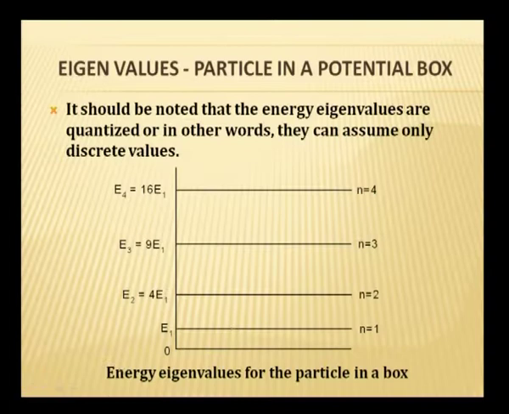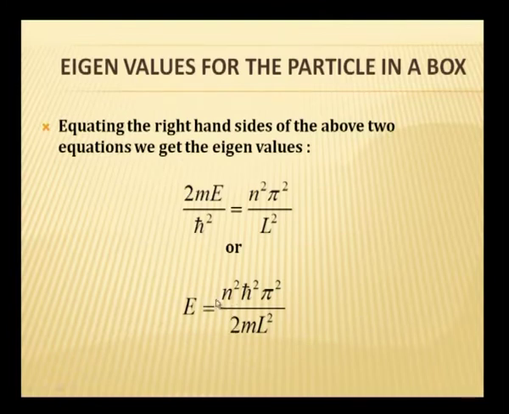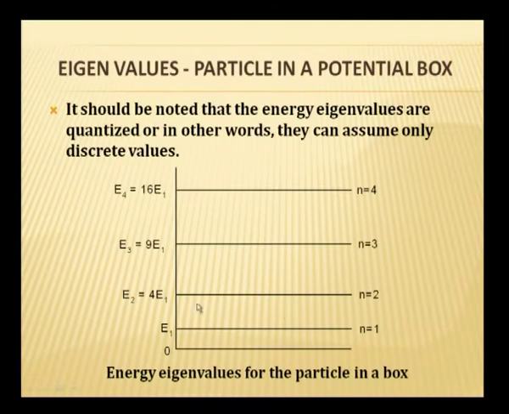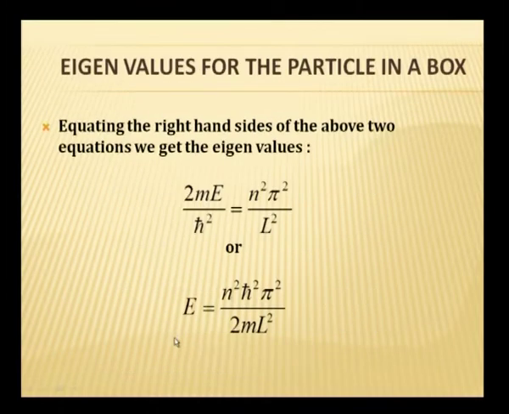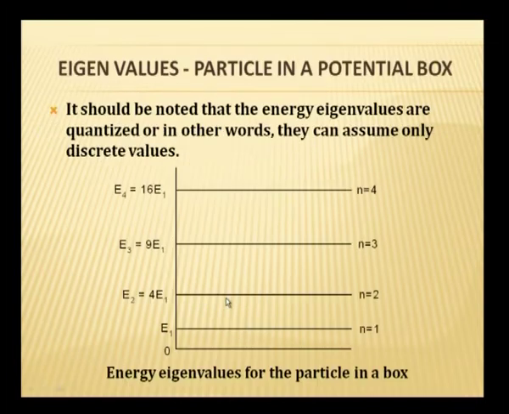That is what I am showing here in this diagram. E1, the lowest energy; in the expression, when n equal to 2, the energy will become equal to 4 times E1. E1 is the constant, maybe C, right. First is 1C, then 4C, then 9C, 16C. So, these are the things that I am showing here.